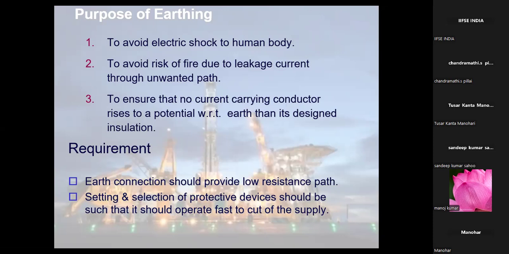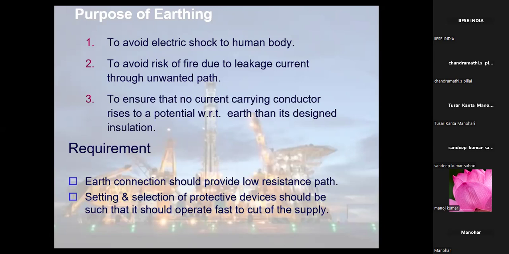Can you tell me what should be the earth resistance value in your company? What is the maximum permissible limit that you can go for? 5 ohms. 5 ohms then? At the maximum earth resistance, how much? 5 ohms, sir. 5 ohms. Yes. See here we are telling